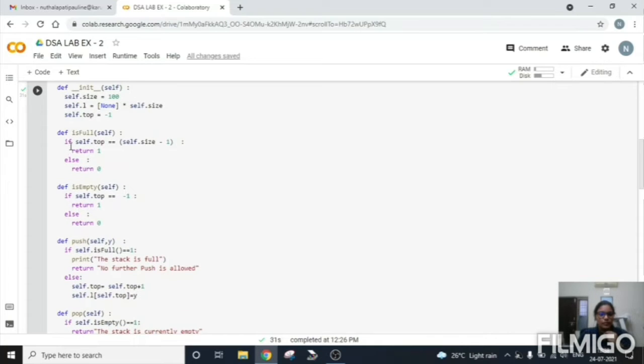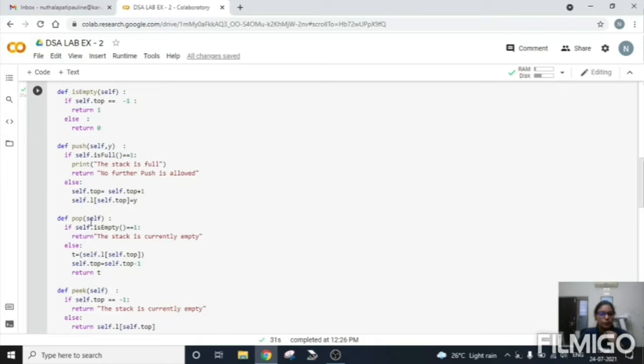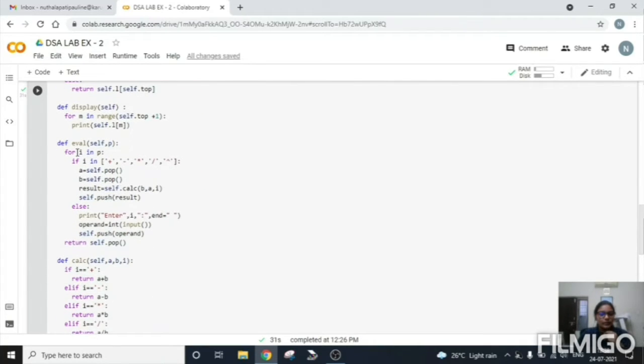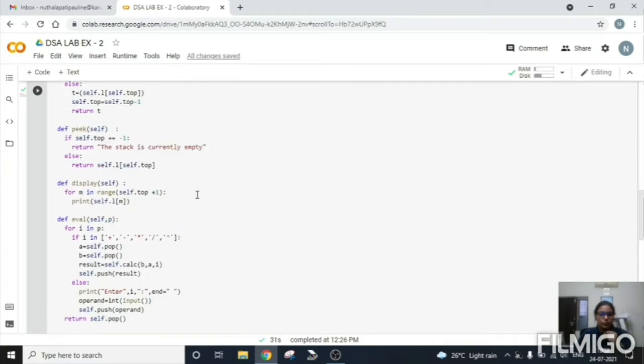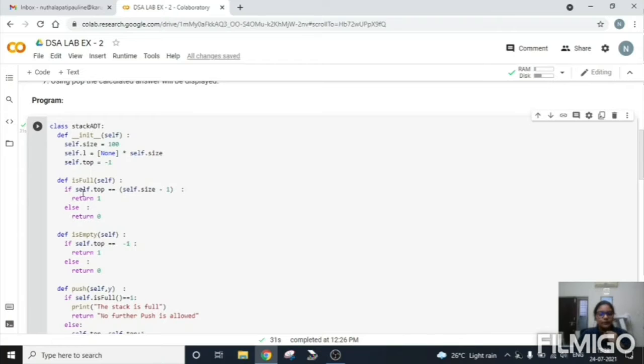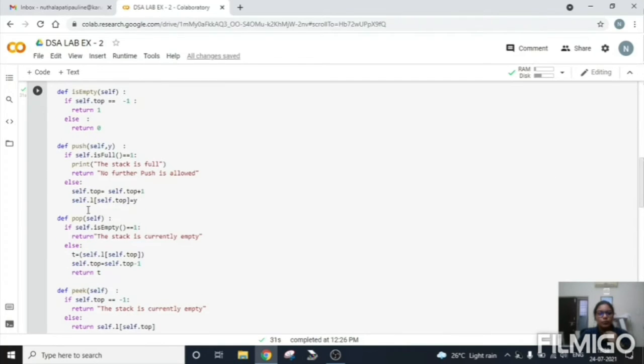Let's see what these functions are: isFull, isEmpty, push, pop, peek, display, and finally these two, eval and cal, are the additional new functions which we are going to see in this program.